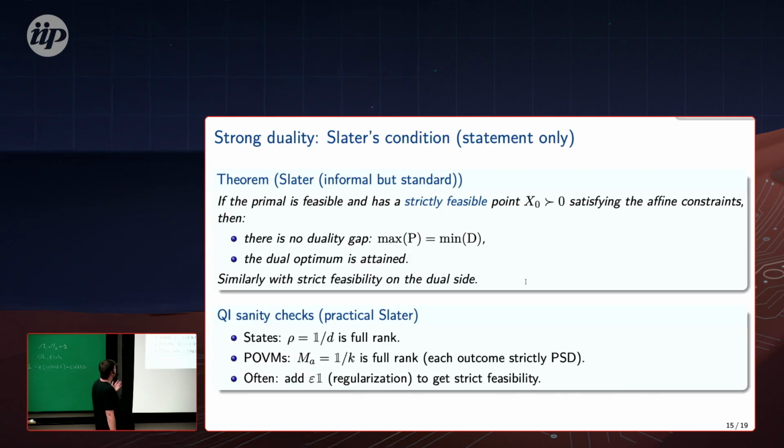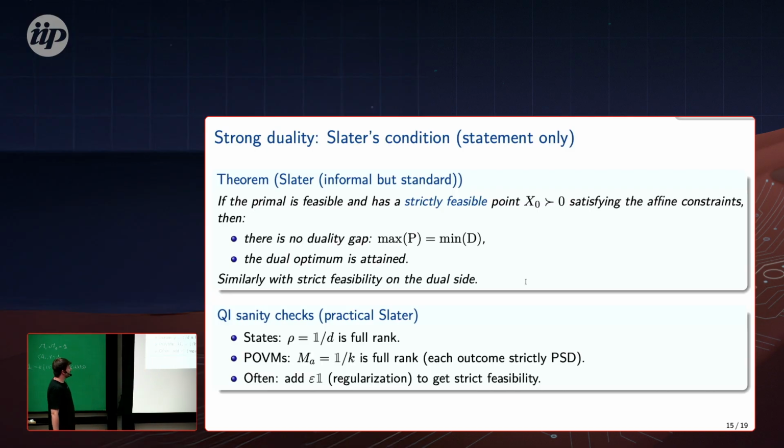And there is this one very nice theorem, which is called, well, it's a condition actually, not a theorem. I usually call it Slater's theorem or Slater's condition, doesn't matter. This doesn't only work for SDPs, it works for more general convex optimization problems, but we'll specialize to SDPs. And it's the main condition people use to answer this question: when are the values of the primal and the dual the same?